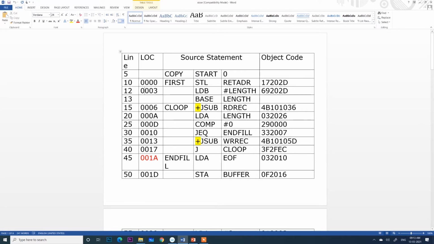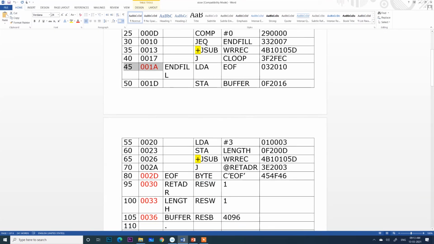Then the first location will be 1000, then 1003, the third will be 1006, then 1009, 100D, and the last will be at location 101A. Suppose I am specifying that the program starts at 0, these will be the locations. If at runtime the program starts at 1000, then 1000 will be added to each location.